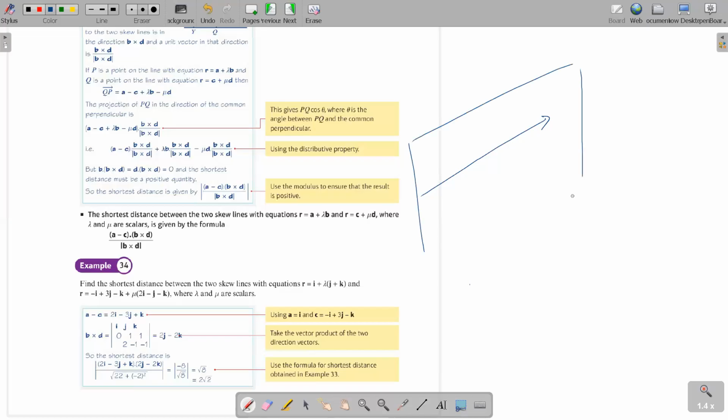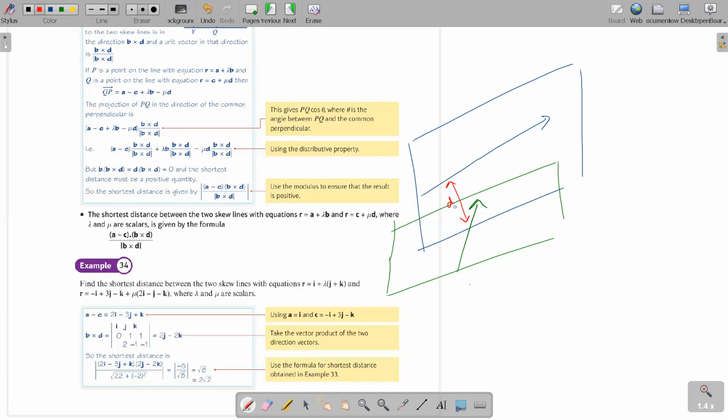So this is the first plane. And if this is the second plane, I can't draw it, the other line goes underneath like this. Can you see? The first line goes on top, the second line goes underneath. So they don't actually meet. So these are called skew lines. So what we do here is this equation gives the shortest distance between the two skew lines. I hope my diagram makes sense to you. I hope it looks 3D.